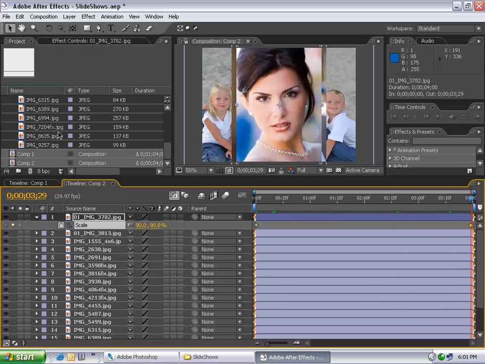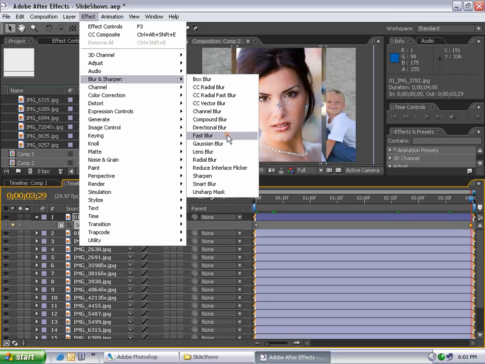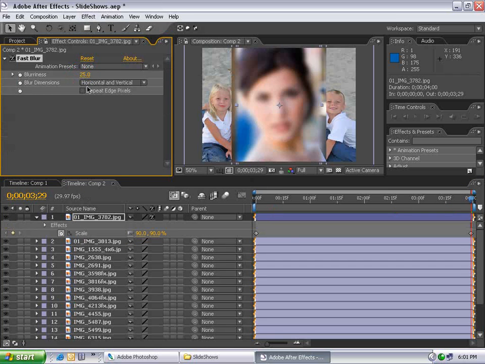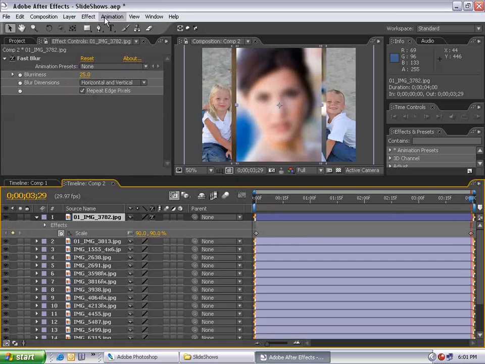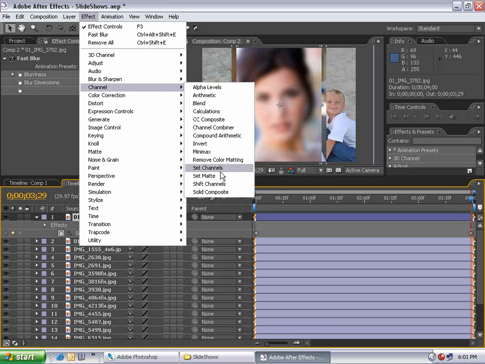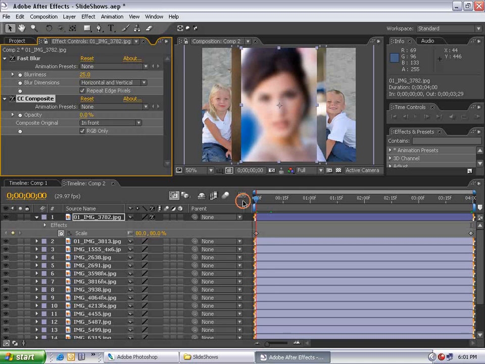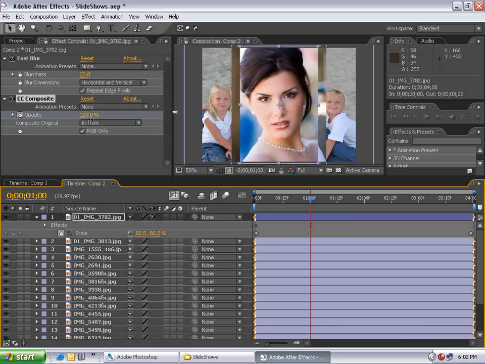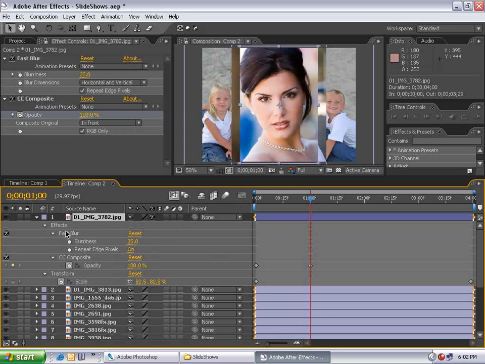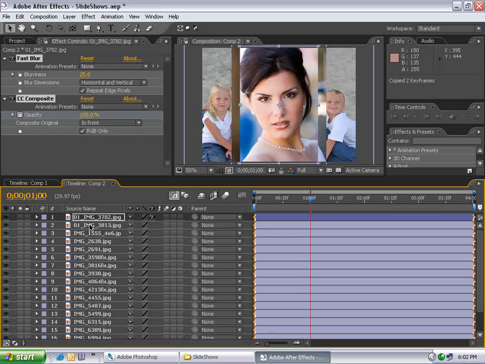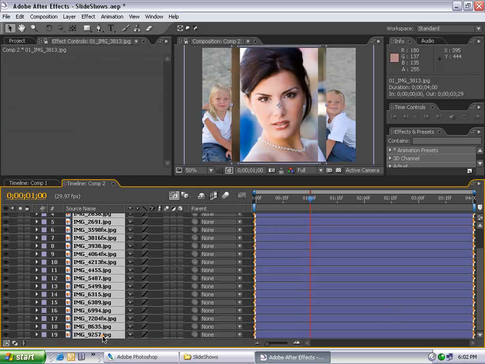Then go to Effect, Blur, Fast Blur, 25, set Repeat Edge Pixels, select the layer, choose Effects, Channel, CC Composite, change the opacity to 0, go to the first frame, set the keyframe, move forward 1 second, set it to 100%, hit UU on the keyboard, bring up all the parameters, select the first one, hold down Shift, select Fast Blur, Composite, and Scale, hit Control C, select all your other layers, hold down Shift, select the last one,